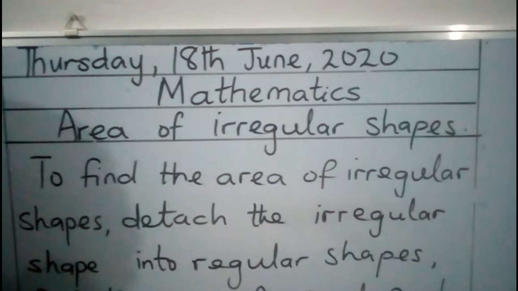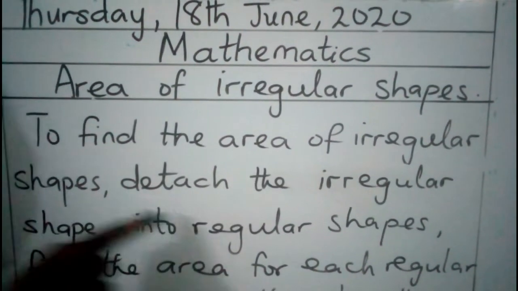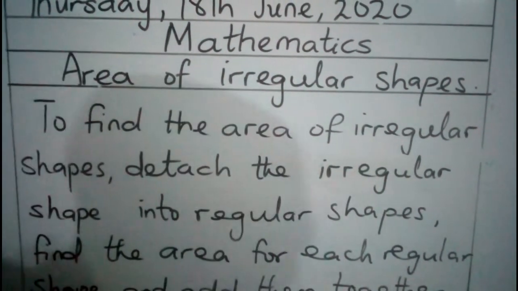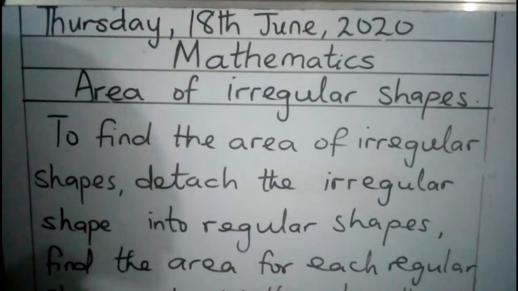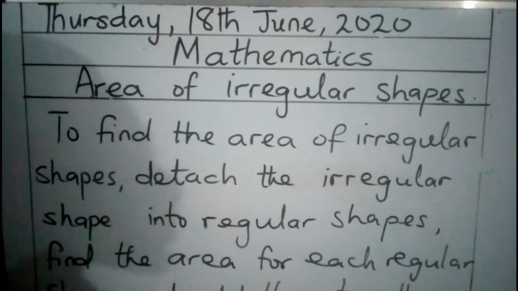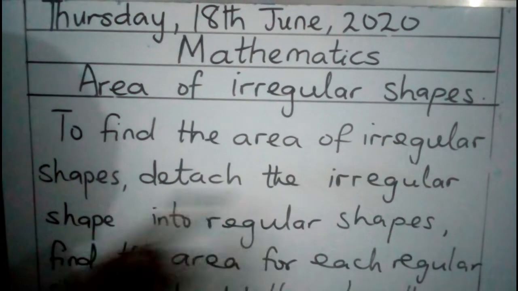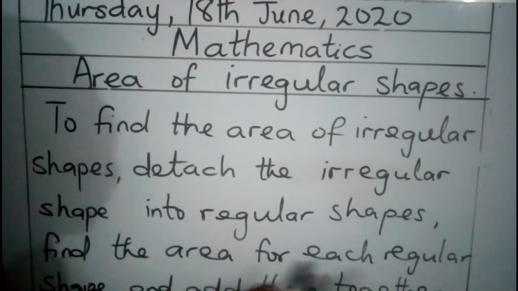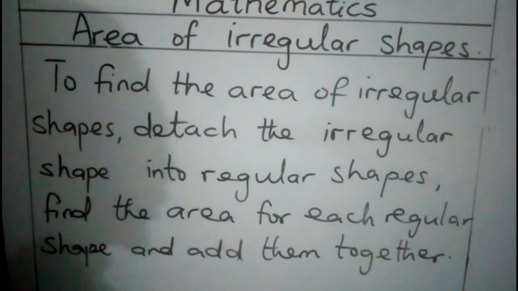Area of irregular shapes. Now to find the area of irregular shapes, detach the irregular shape into regular shapes. Remember I told you when we started on Monday that irregular shapes can actually be broken down to regular shapes like square, rectangle, and triangle. So for you to find area, you need to detach the irregular shape into regular shapes. Then you find the area of each regular shape and add them together. You remember when we were finding perimeter with